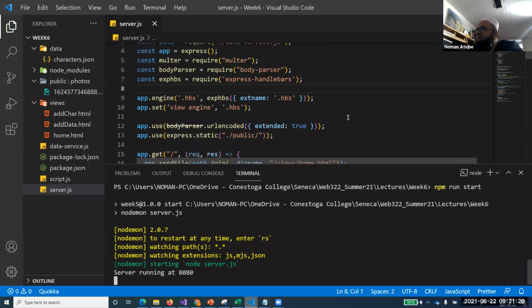What I'll do today, just to create interest for everyone, is share this server file only, not the rest of the files, and I'll ask everyone to go for the rest of the files and share this video as well. So people should come up with this file in the next class, so that we can talk about these handlebars in specific detail. Is that clear to you, Alex, and everyone?